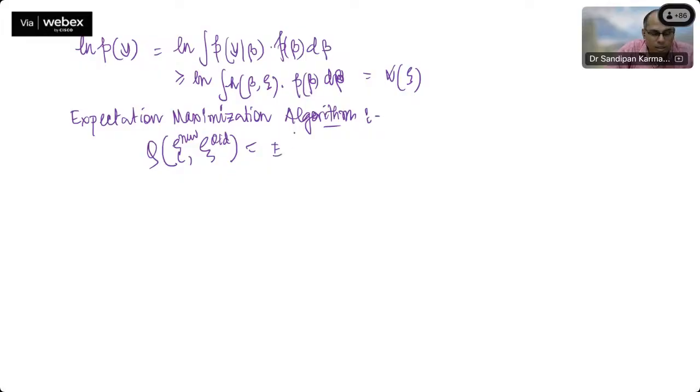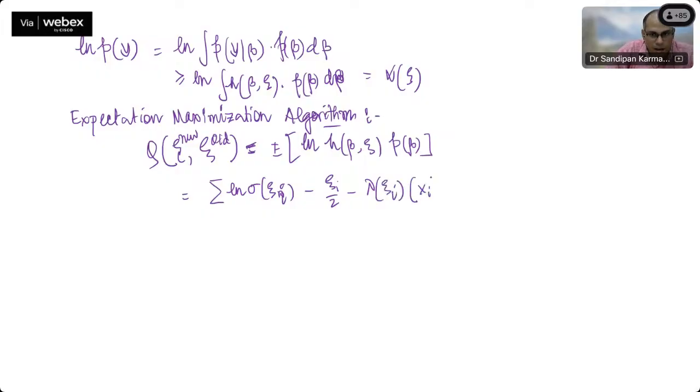It will be the expectation of ln h(beta, xi) p(beta). That means I am basically finding out the expectation of the joint distribution. What is the expectation of the joint distribution? So now I can write it as a summation of ln sigmoid function of xi minus xi by 2, minus lambda of xi,